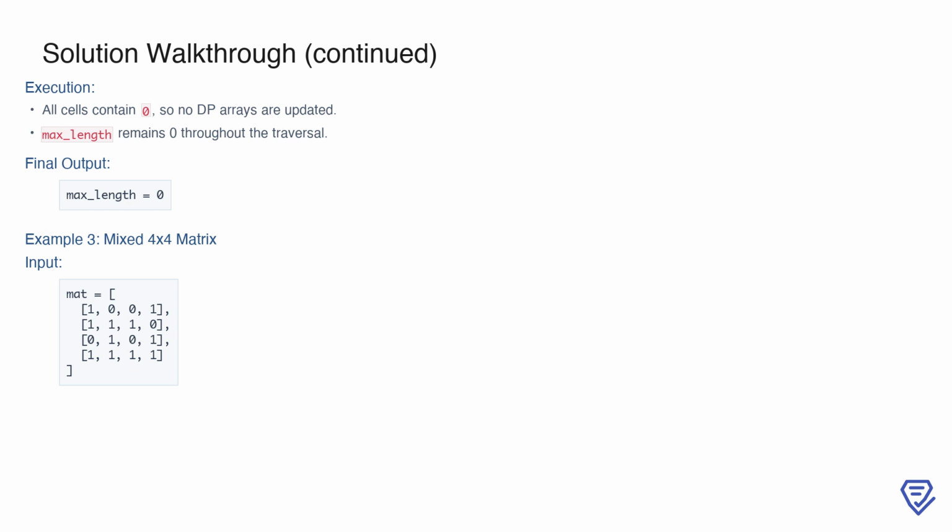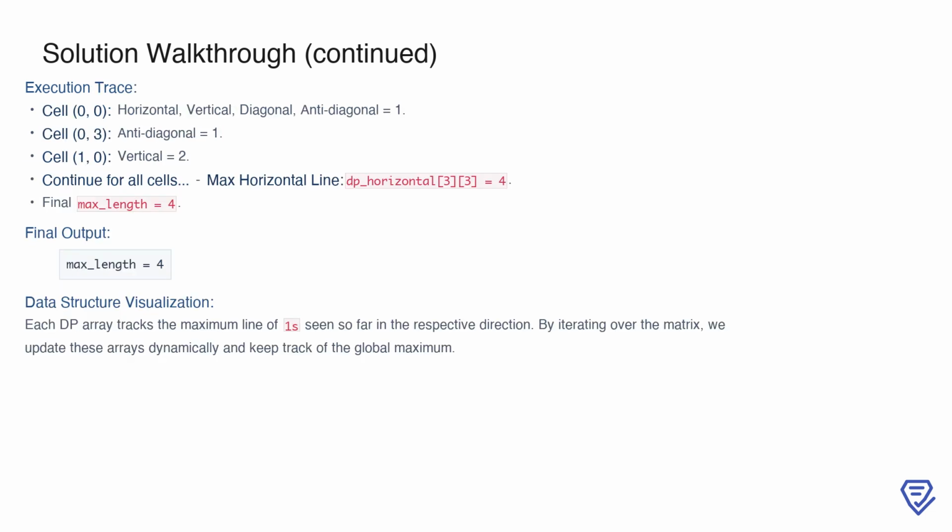Now, we examine a more complex 4x4 matrix that contains a mix of ones and zeros. In this 4x4 matrix, we observe both short and long sequences of ones. For instance, at cell 0, 0, the horizontal, vertical, diagonal, and anti-diagonal values all start at 1. At cell 0, 3, the anti-diagonal value is also updated to 1. Moving to cell 1, 0, the vertical value is updated to 2, as it extends the sequence from the cell